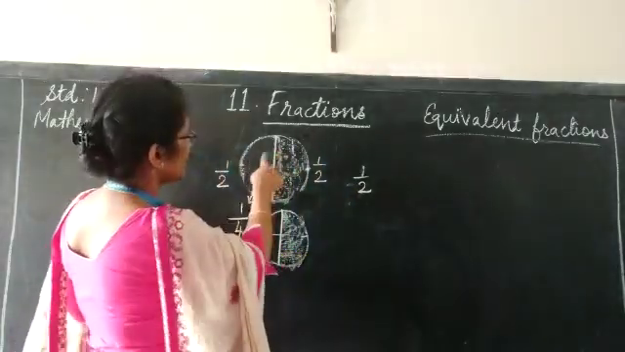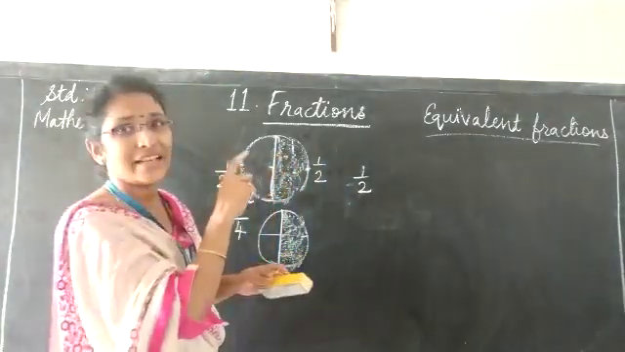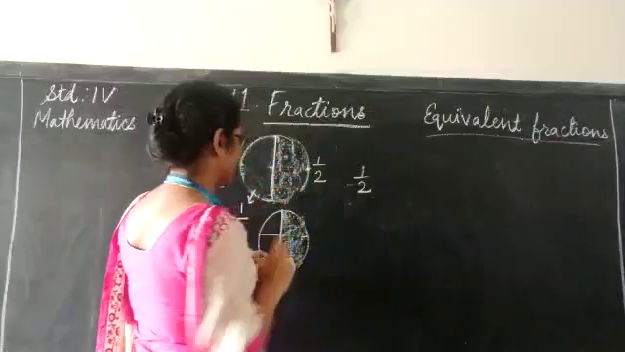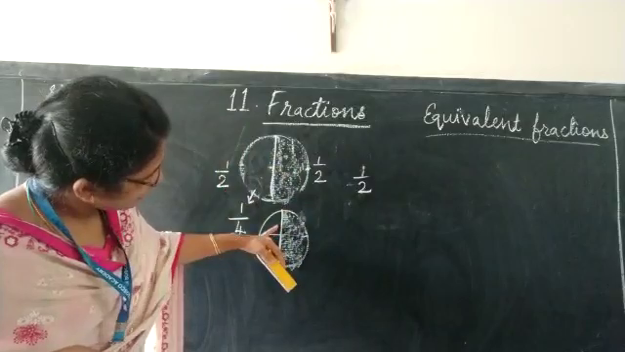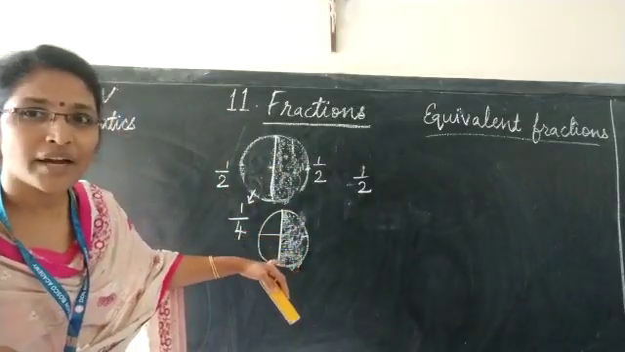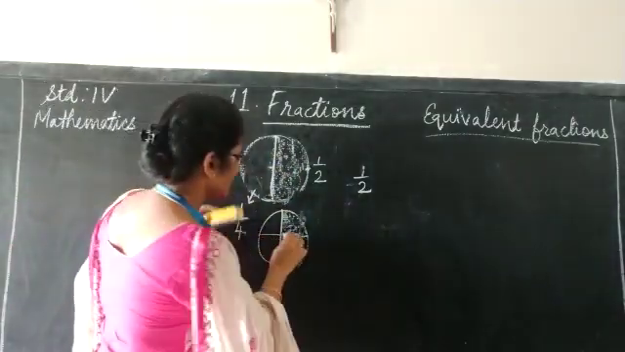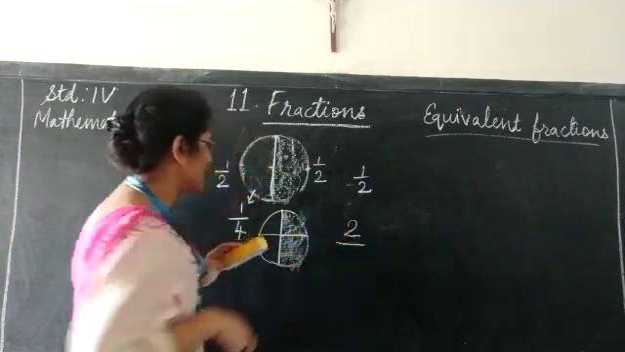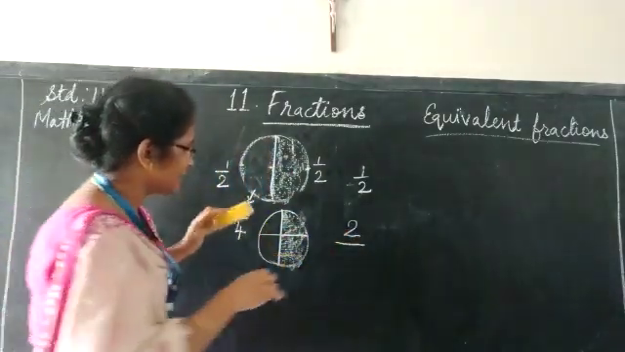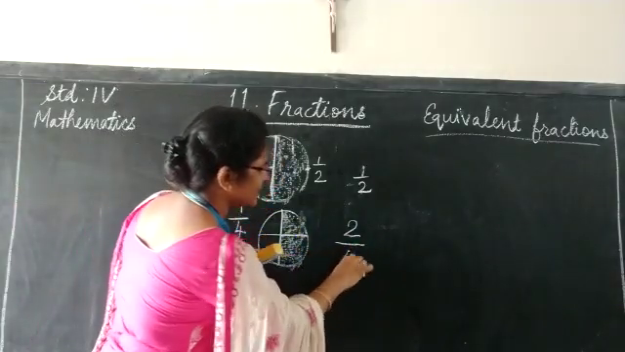And how many parts are shaded? 1 part is shaded, that we write as the numerator. Now here you can see the figure is divided into 4 parts and 2 parts are shaded. The shaded parts we write as the numerator and the total number of parts, that is 4, we write it as